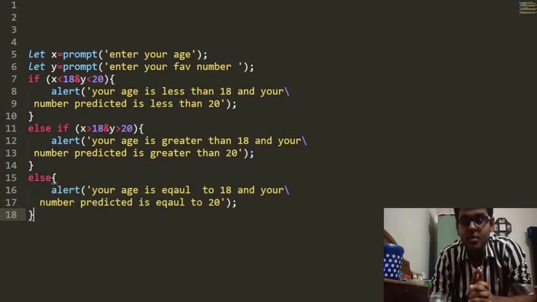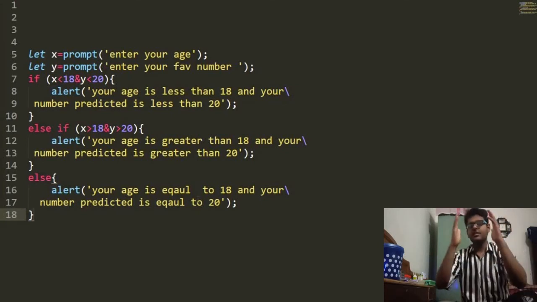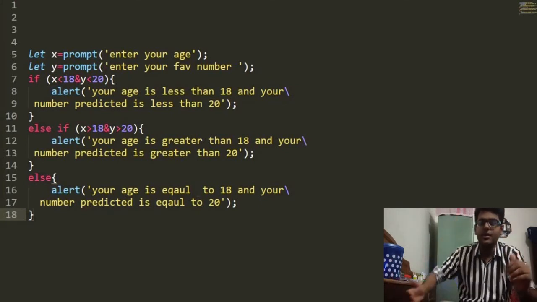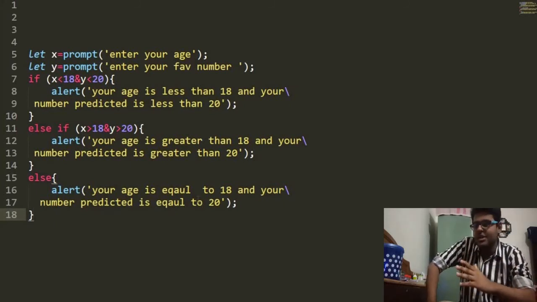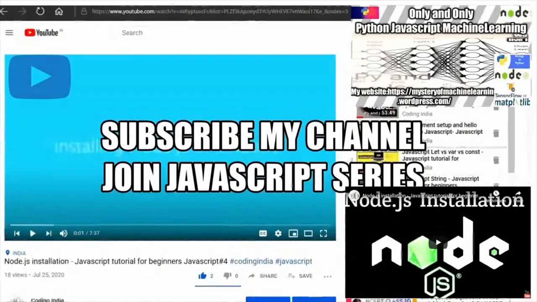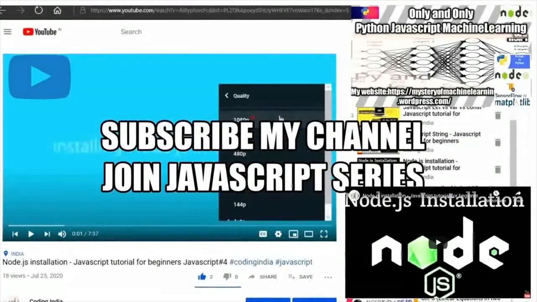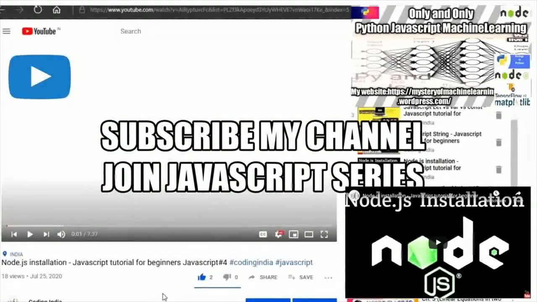So you can use any examples in this. In the next part of the video, we will discuss nested if statements, one if statement inside another if statement. So we're going to discuss nested if statements in our next tutorial.